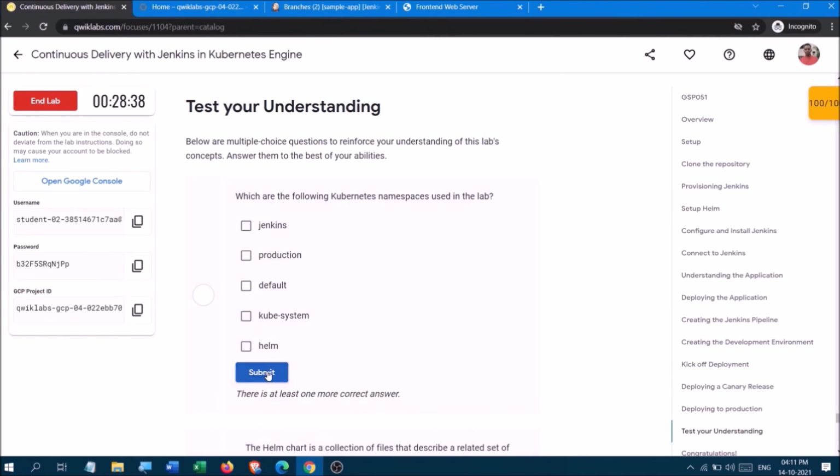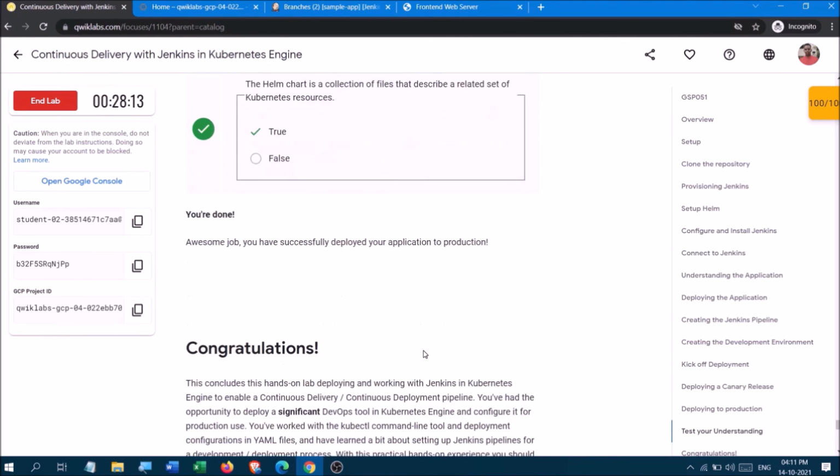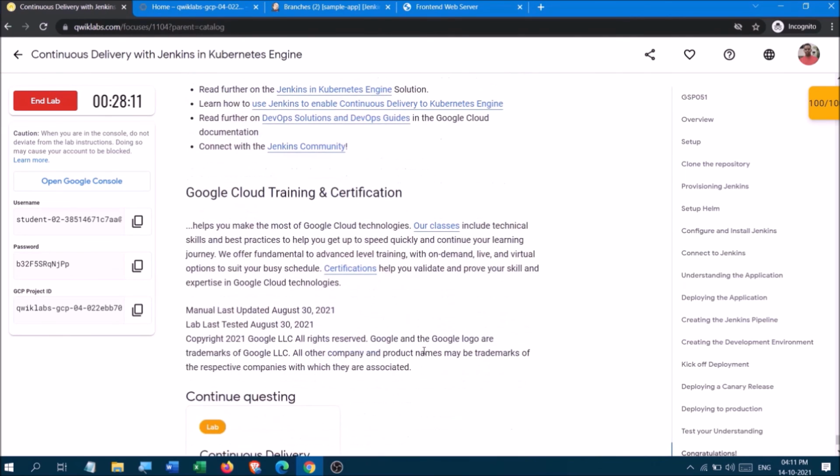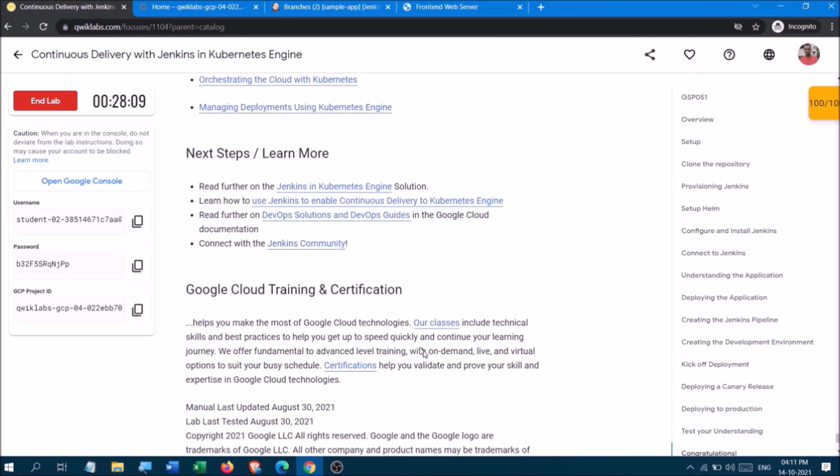Let us see. Okay, so this is correct. We'll look at this. Correct, correct, incorrect. So 1, 2, 3. Okay, so these 3 are correct.